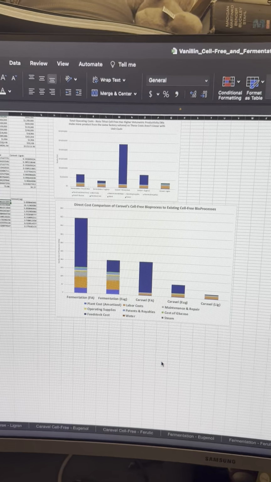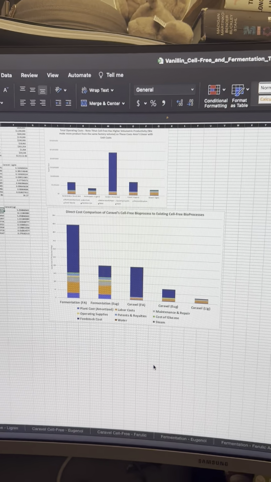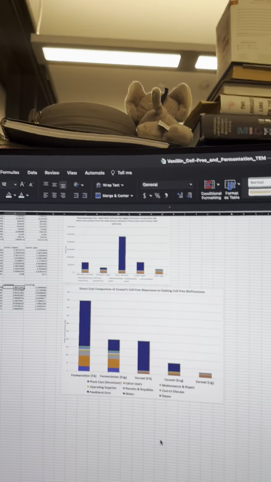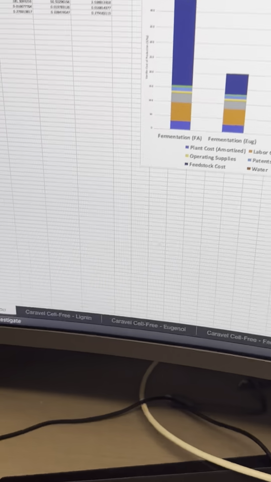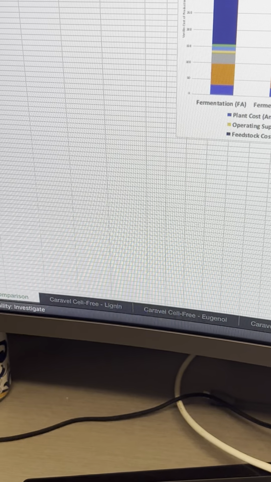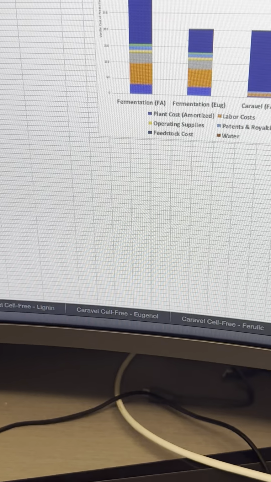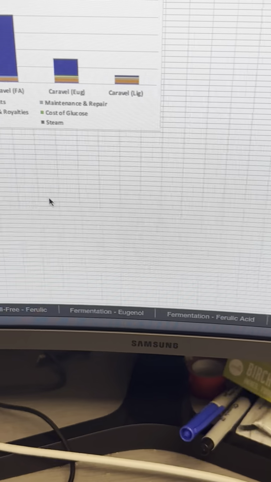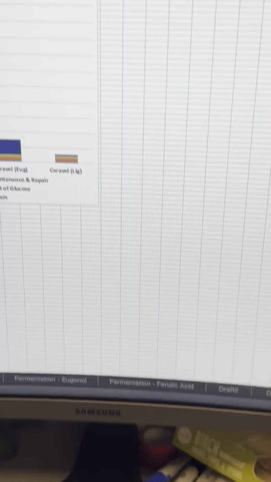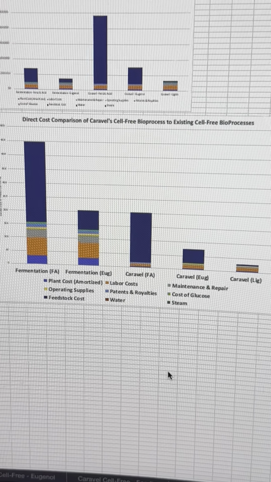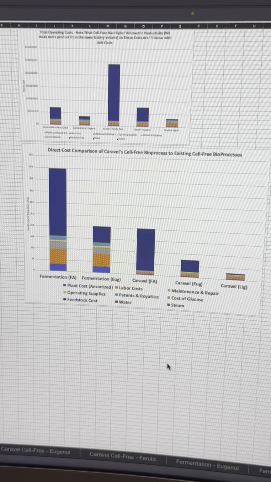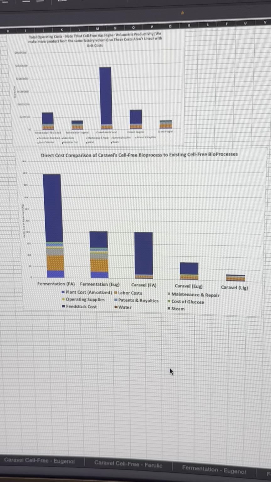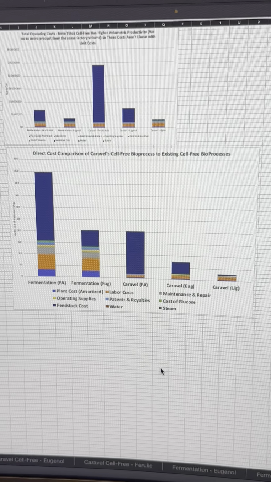I have completed our techno-economic model for vanillin production. What I have done is created process models for cell-free lignin, cell-free eugenol, cell-free ferulic acid, fermentation eugenol, and fermentation ferulic acid. We can then compare those through a direct cost comparison with a bar chart like this, that then also shows the